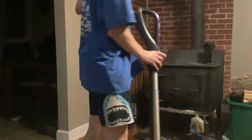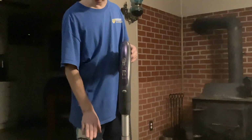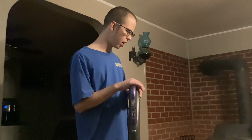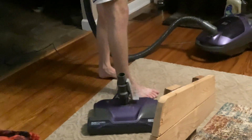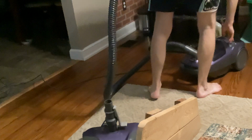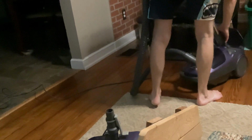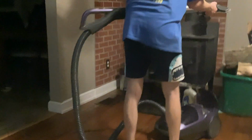Alright, it seems pretty nice. It seems to agitate pretty well. Power nozzle's pretty quiet. The motor and vacuum sound pretty much like the old Kenmores did anyways. Can always go up here and try it on some hard floors. Try this pop and go thing. I'd be kind of afraid to break it. I'd rather just pull it out and flip